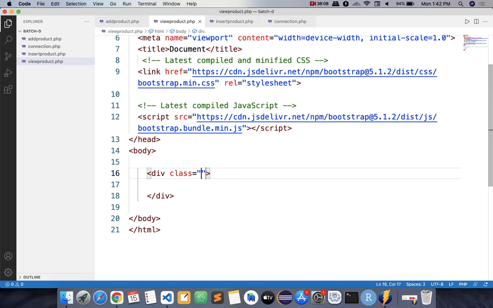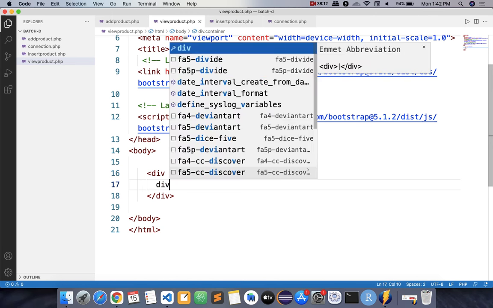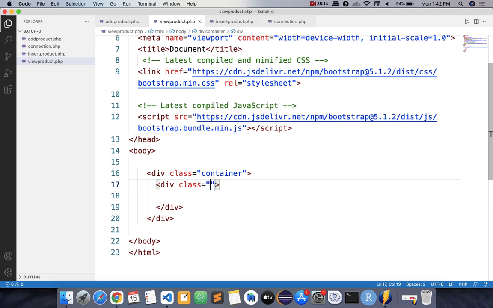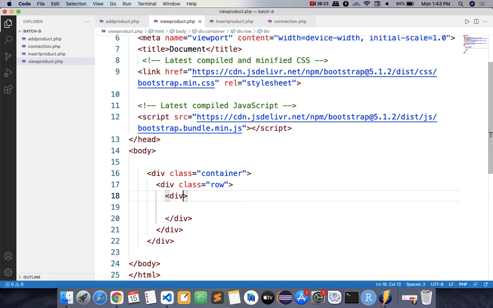class. I'll name that class as container. It's mandatory now for all of you to write container, then class row, and then again to display that, create division class, and you can give col-md-8.